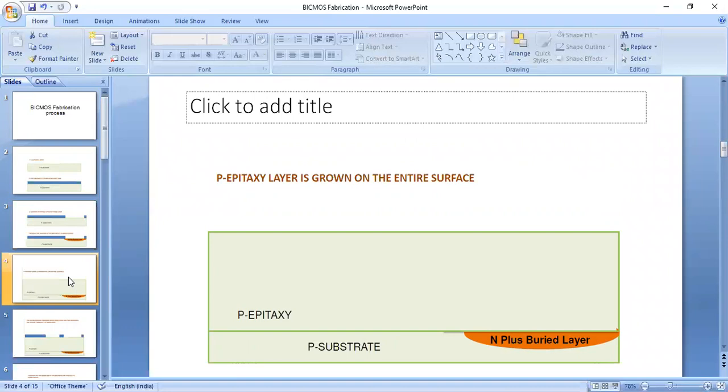And P-type epitaxy, a layer around 4.0 micrometer thick, is then grown above this P substrate. The N wells and P wells are then